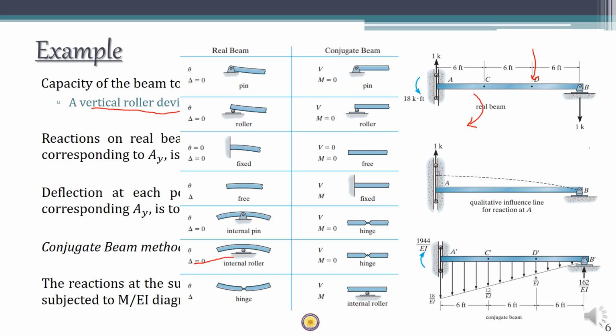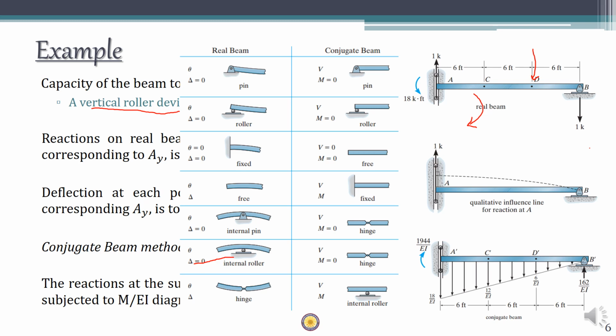If the real beam has a free end, in the conjugate beam the free end will be replaced by a fixed support. So the whole idea of constructing a conjugate support is like this. See here, for example, at a free end we know that theta is a non-zero value and delta is also a non-zero value, which means that as per the conjugate theorem, in the conjugate beam